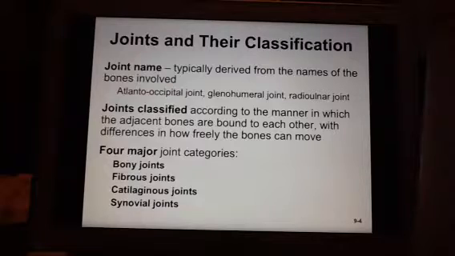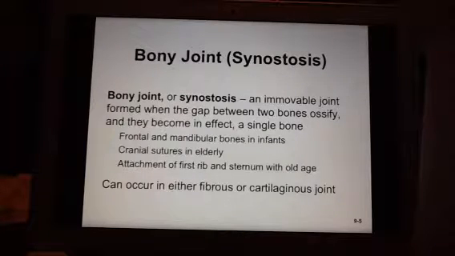So between those different categories, we see differences in how freely the bones can move based on how they are bound to each other. So 4 categories. Again, I think the first one is a little weird that it's a whole category in this book. It's not in other resources that I've used. But bony, fibrous, cartilaginous, and synovial. So bony joints,